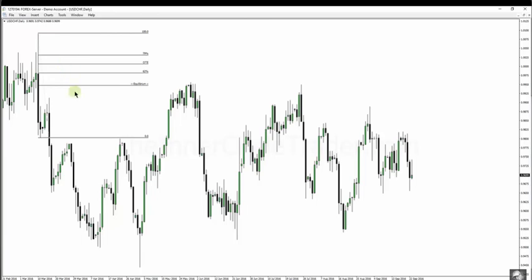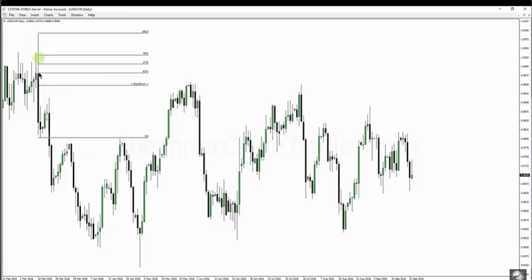Now, there are other disciplines out there, and other mentors and teachers will say that the 50% retracement level is a good level to trade at based on price swings. I don't agree with that. I understand that sometimes it's going to work, but what I want to do is sell at a market that's at a premium level. For a market to be at a premium in this current price range, and that's assuming none of the price action from this high down all the way to the right has happened yet,